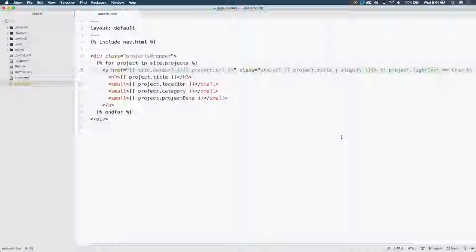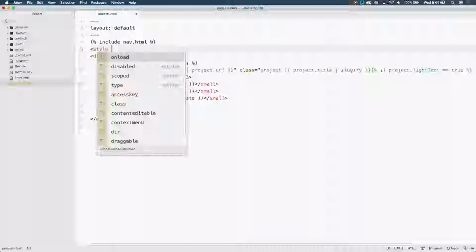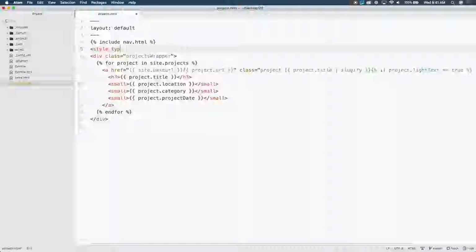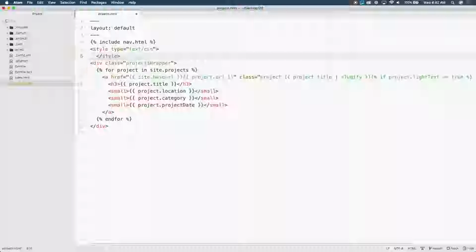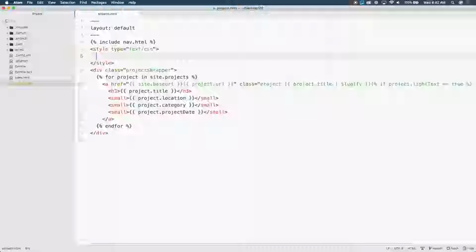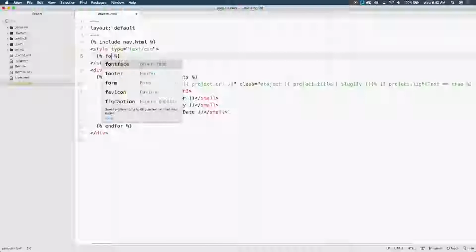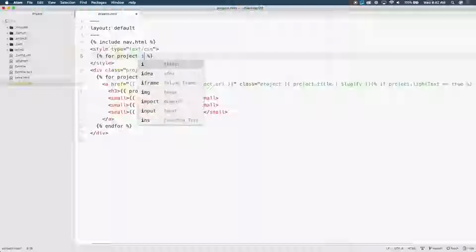All right, let's go ahead and get started with creating some CSS here. Okay, so to do this the way that we need to use Jekyll, we're going to put it in the HTML. So let's go ahead and start with a style tag. And I'm just going to say type text/css, and close out the style tag. All right, so we need to do a couple things here. We need to first loop through all of the projects. So we're going to say for project in